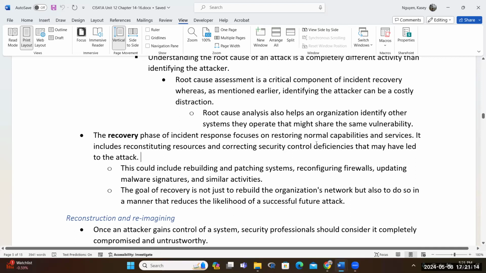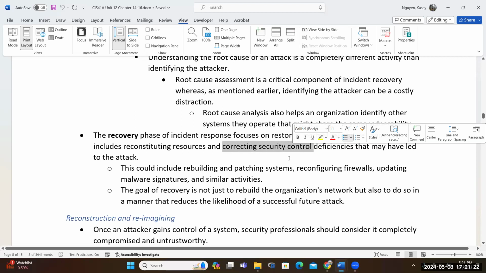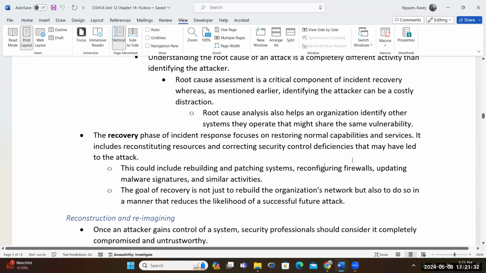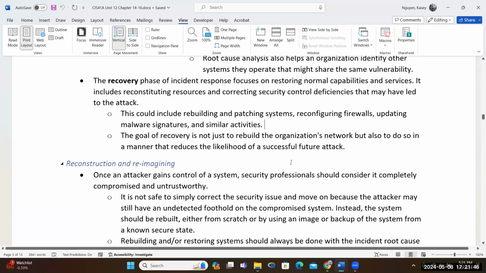So when you have an incident, that means that you have a security problem, and when you recover is when you need to close your security gap and fix the problem. Not just to come back to how it was before, but also fix the problem so it doesn't happen again. That means you need to patch, you need to reconfigure, especially your security appliance. You need to update, especially your AV or your anti-malware. So the goal for recovery is to rebuild, but also to be more successful in overcoming future attacks.